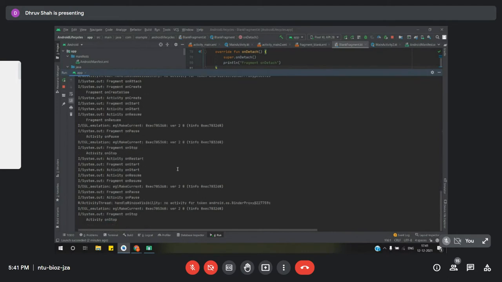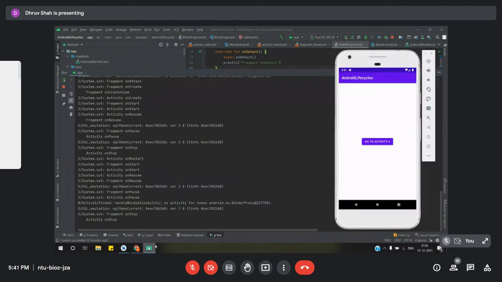When the onDestroy method is called, the activity's object is being removed from the Android stack or the task. And in the state of the restart as well, that's how Android is figuring out, because if the activity's object is already present in the stack, that would mean that the activity is already being executed. That's how Android internally works.